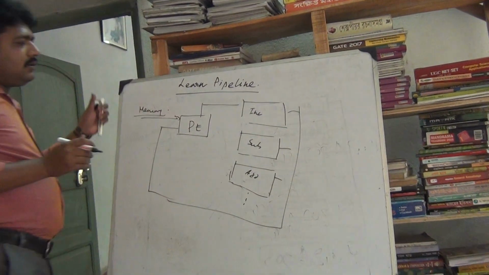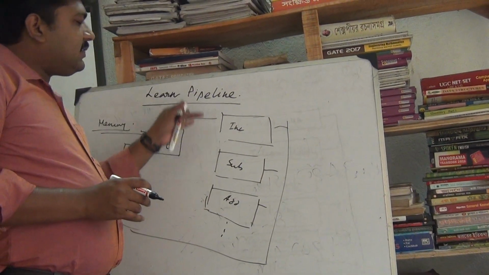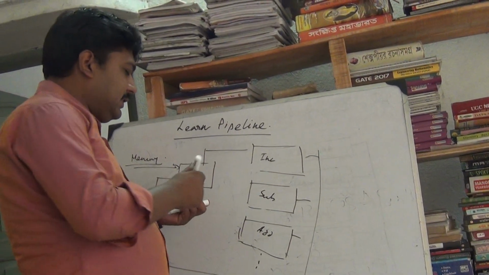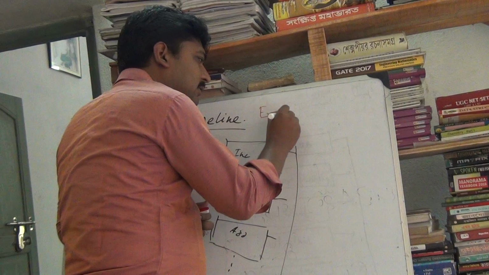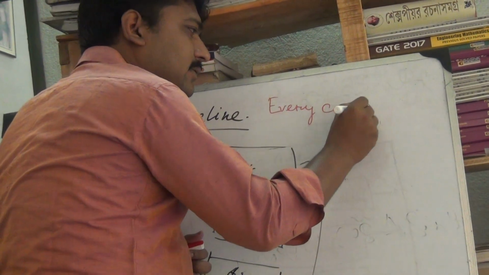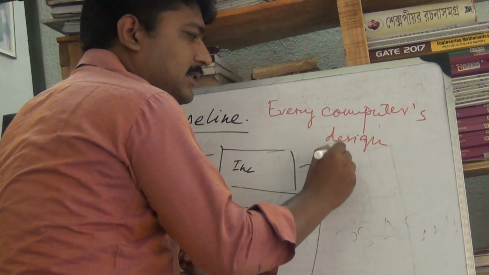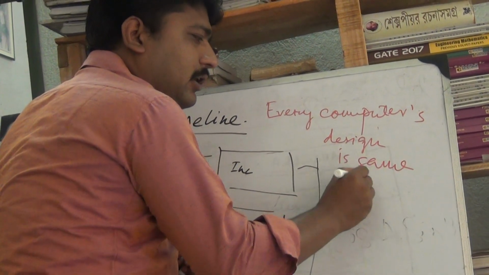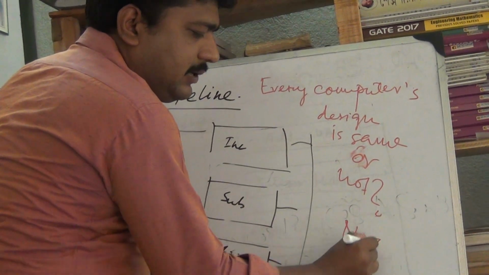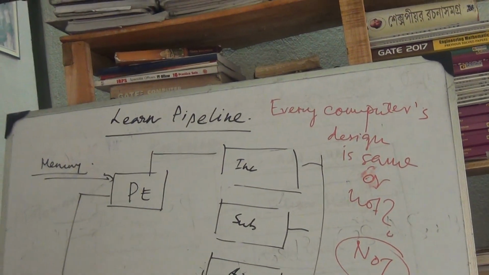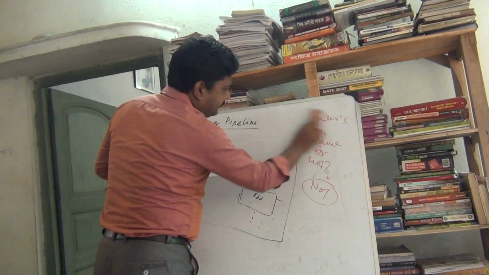Now the question is, is every computer's design the same or not? So the answer is no. It is not the same. So we can divide this design into four categories. The categories are